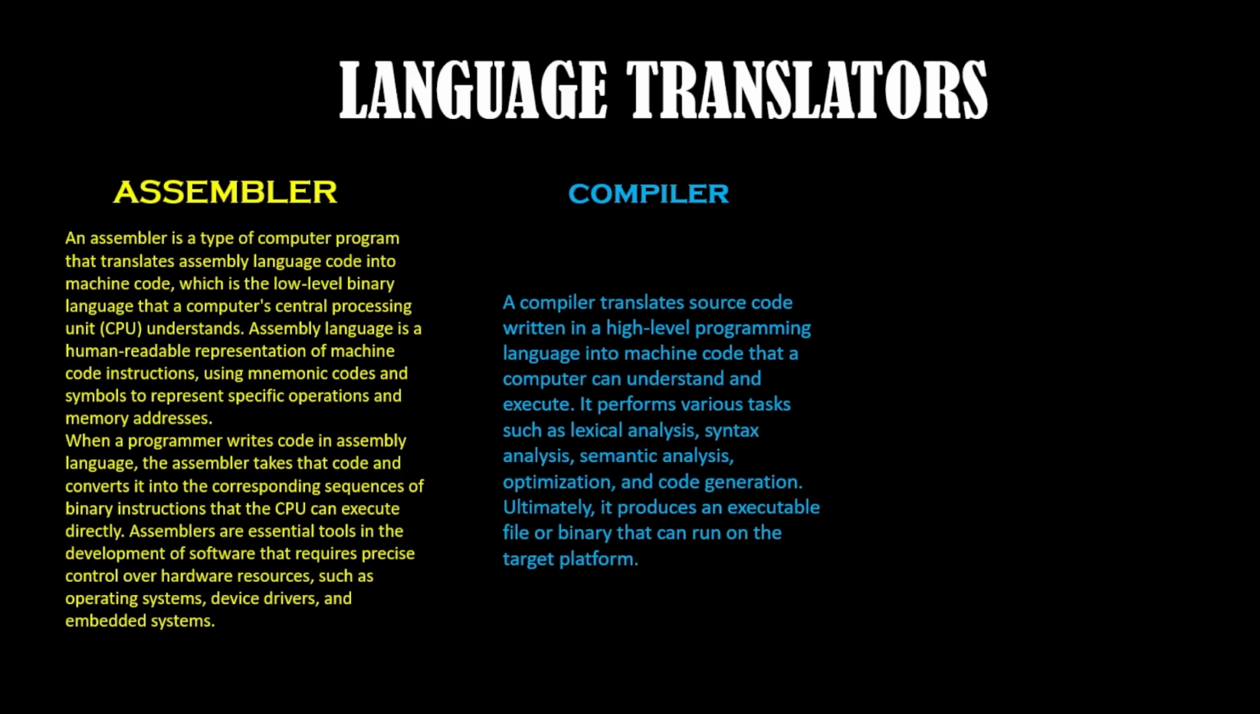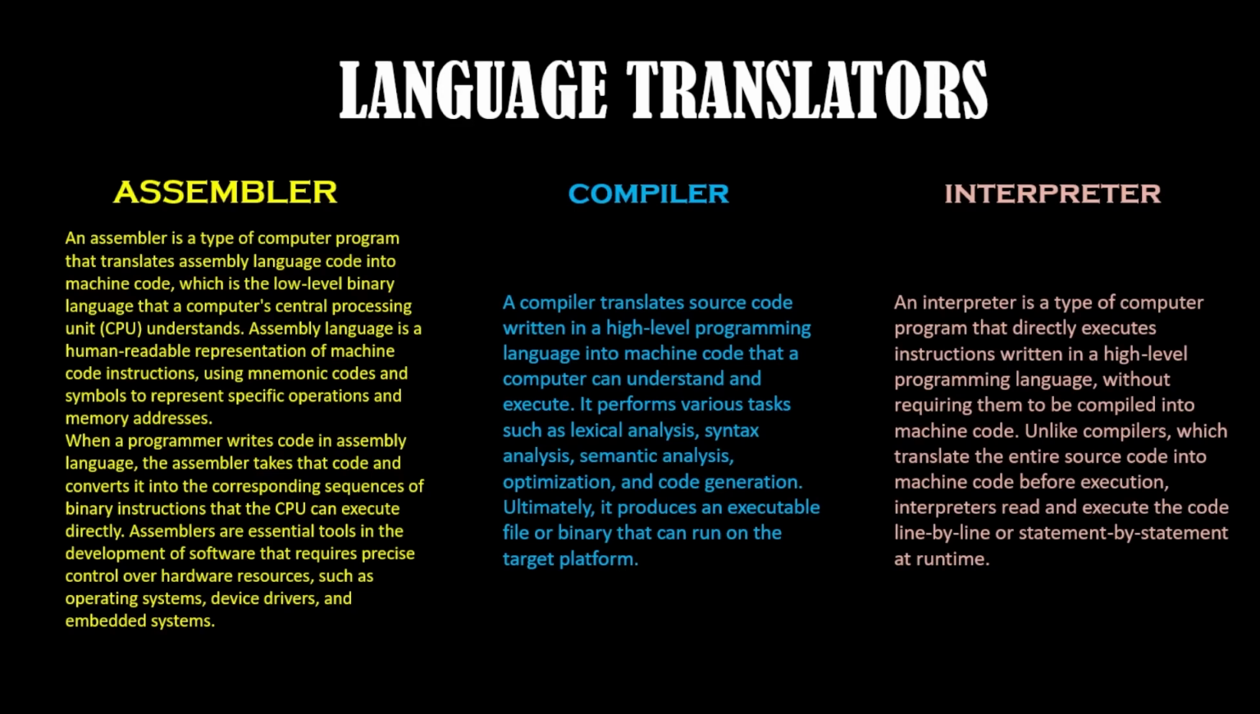Interpreter. An interpreter is a computer program that translates and executes code written in a high-level programming language into machine-readable code or instructions, typically line by line. Unlike compilers, which translate entire programs into machine code before execution, interpreters execute code directly without producing a separate executable